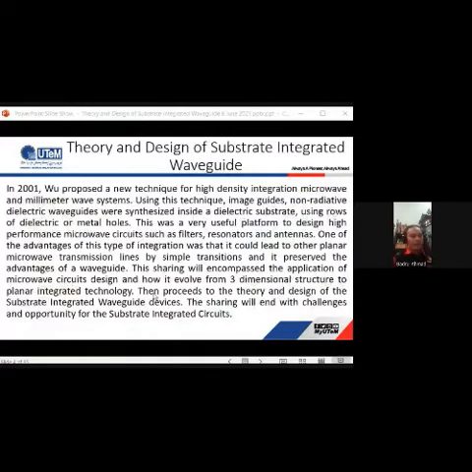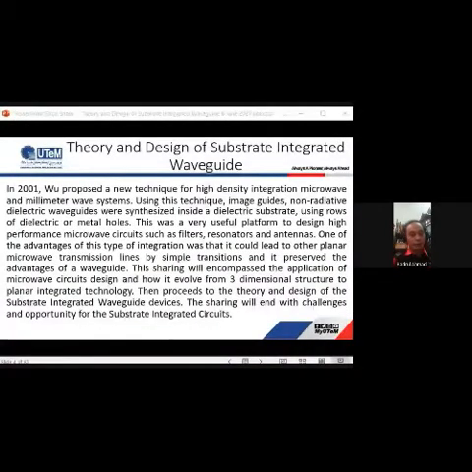As a summary, I would like to summarize the talk today in terms of the abstract. Substrate integrated waveguide was first introduced by a professor from Canada named Wu in 2001. This concept is very useful, whereby it integrates the image guide and non-radiative dielectric waveguide, synthesizing it inside the dielectric substrate, and it uses rows of dielectric vias or metal holes as a replacement for a